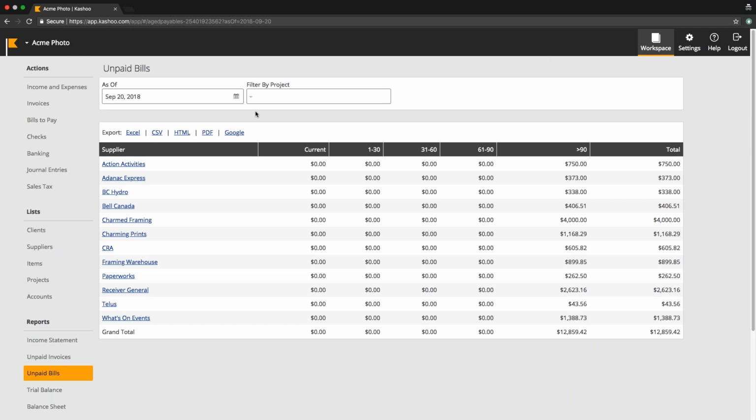So I'm just going to leave it as today's date, and it will list all of the suppliers that you owe money to, and it will show whether those are current bills or whether they're overdue. So the next column here is 1 to 30 days overdue. The next one is 31 to 60 days overdue, 61 to 90 days. And then you can see that here I've got quite a bit of bills that are more than 90 days